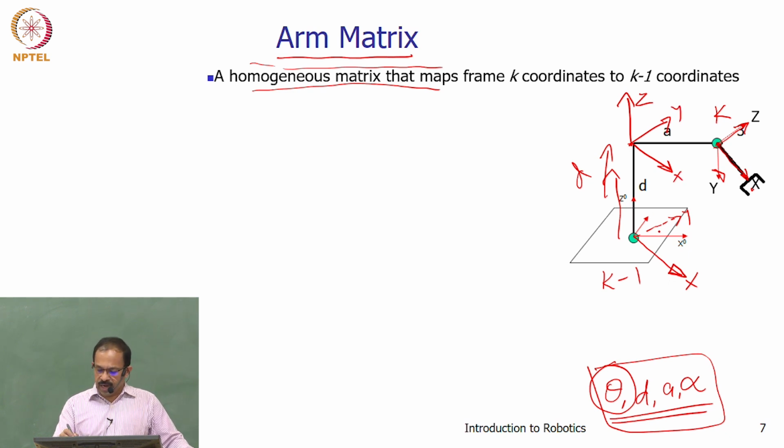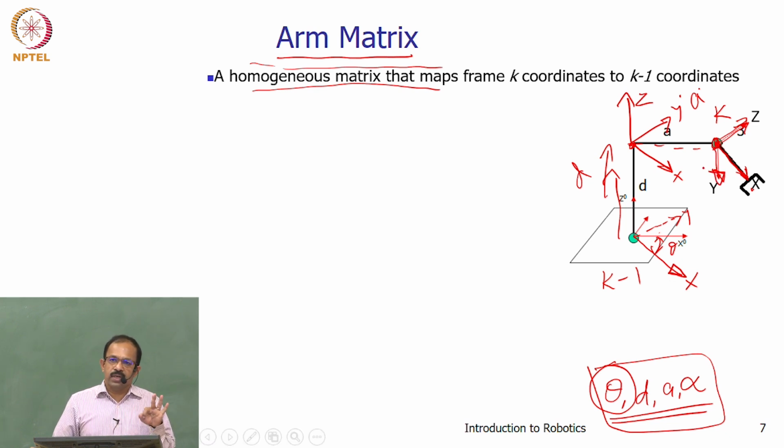So first it rotated by an angle theta. By an angle theta it rotated x0 to x, with respect to z0. And then it translated by a distance d to reach here. And then it translated again along its x-axis. I am just showing this frame like this because it will be along the link. So it is translated along x by a distance a, and then it rotated by an angle alpha with respect to the x-axis. So the z-axis actually came here, and you got this frame here.